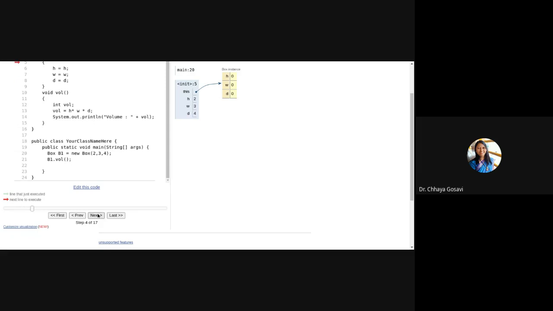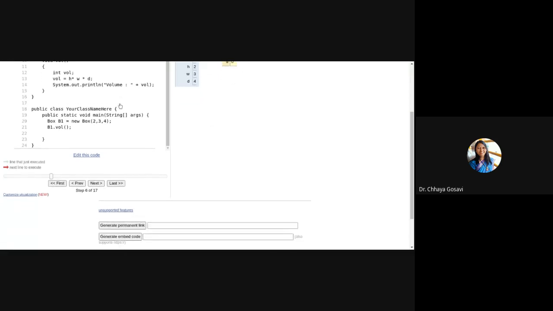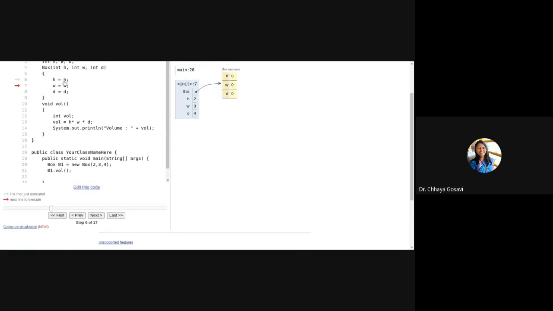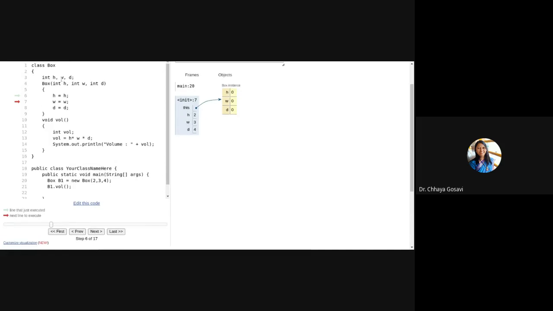2, 3, 4. So here h equal to h. Here the value of h is 2, here the value of h is 0. So the compiler is getting confused about which h to assign to which h. This h on the right hand side, is it the instance variable, this one or this one?